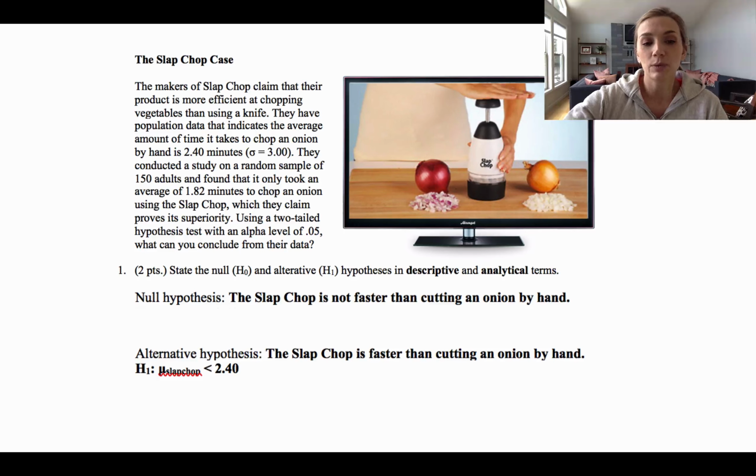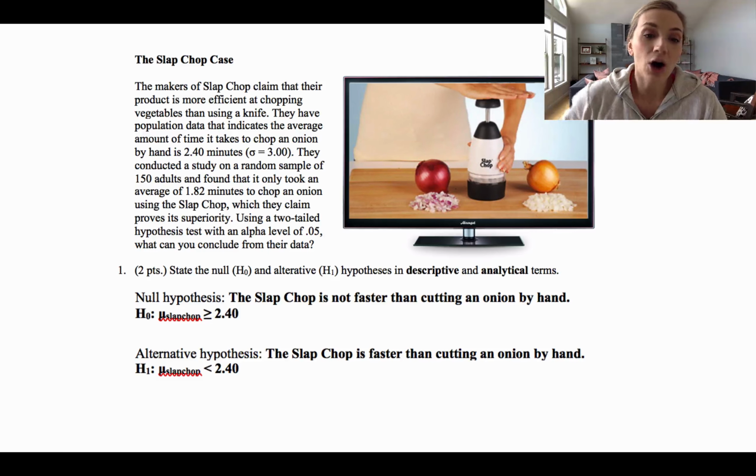And when we do the null hypothesis in analytical terms, we see H sub 0, and the 0 represents null here. So this is the null hypothesis, where the mean of Slapchops is greater than or equal to 2.40. Those are the two ways that the alternative hypothesis could be wrong, right? The alternative hypothesis is that the Slapchop will be faster. One way that could be wrong is if the Slapchop is slower, right? So if the mean of Slapchop is greater than 2.40 minutes, if it takes longer than 2.40 minutes,